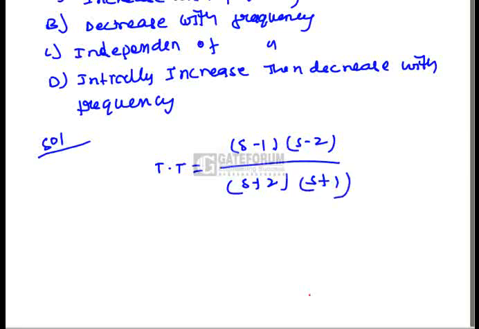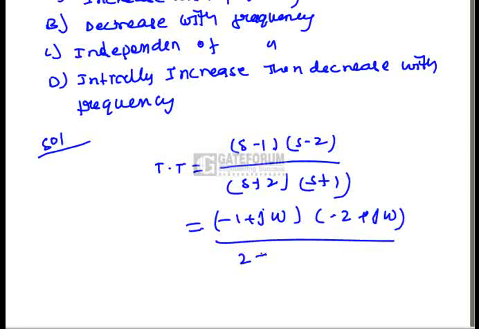Now if you find out the magnitude here, what is the meaning of magnitude? If you substitute s equal to j omega here, what you will get: (minus 1 plus j omega)(minus 2 plus j omega) by (2 plus j omega)(1 plus j omega). Now we have to find out the magnitude. So magnitude of the transfer function is